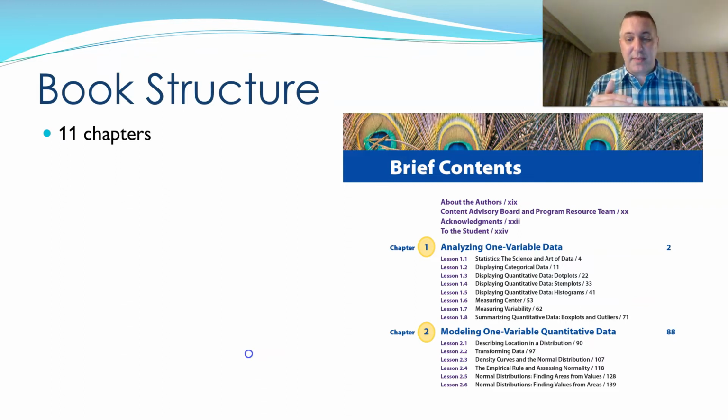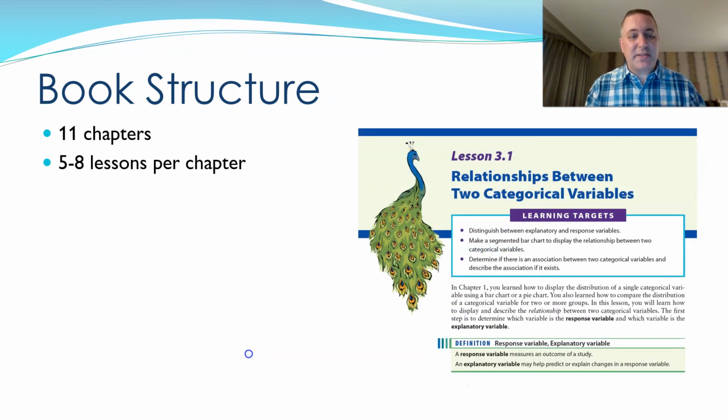And within each chapter is a series of lessons. Many textbooks might call this a section as opposed to a lesson. There are 11 total chapters in the textbook, and each of them has about 5 to 8 lessons per chapter. And if you look here, you'll see the picture of the opening of one of those lessons in the textbook. And you'll notice here, right at the start, right after the title,